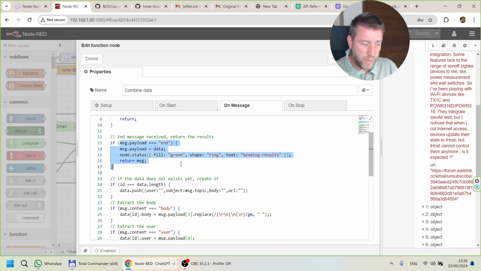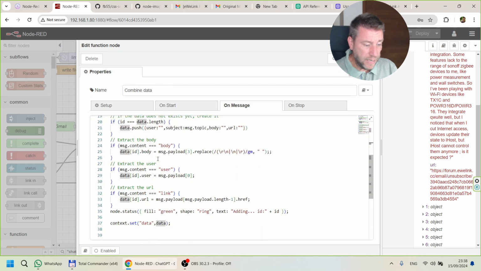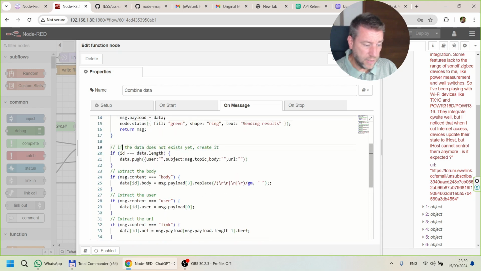And also it knows when the end message is received. So that's when we have collected all the emails, we have all the information, and we send the whole bunch through ChatGPT now. It puts all this data that it has collected into the payload, and then sends the message out. Other than that, in all other cases, as you can see, if